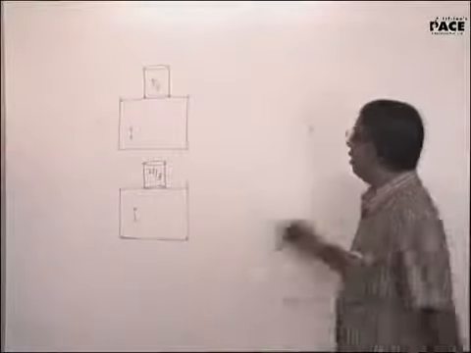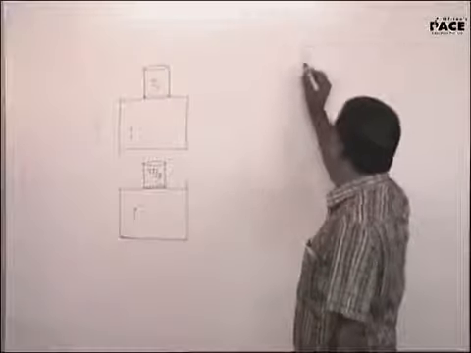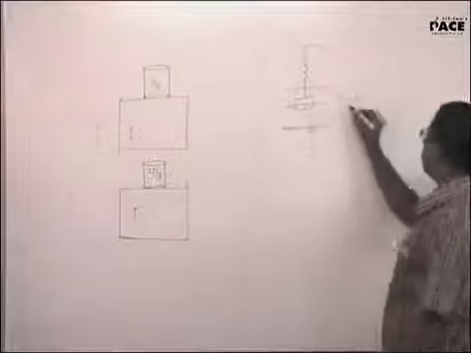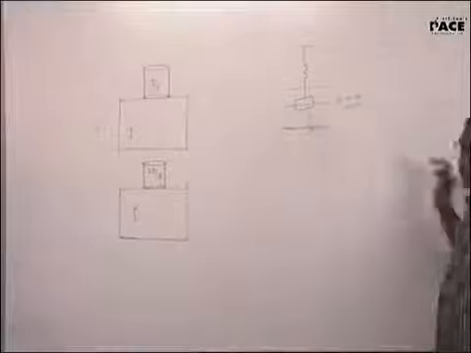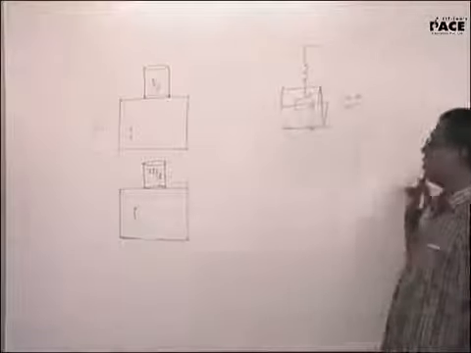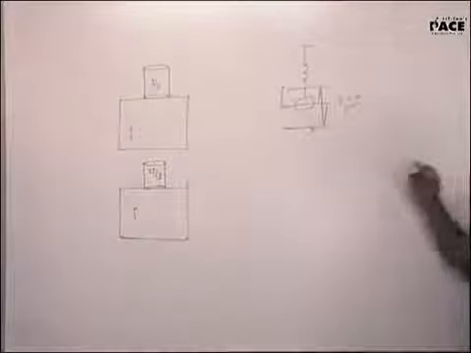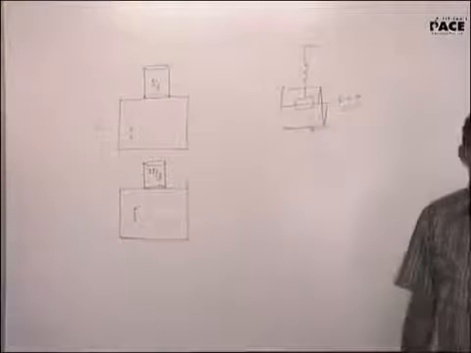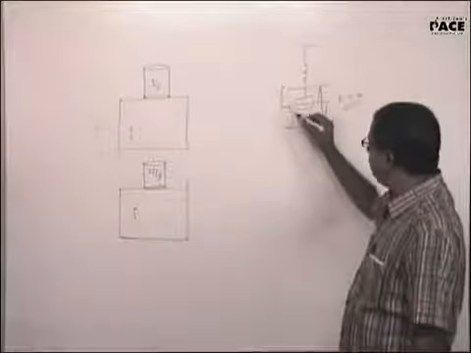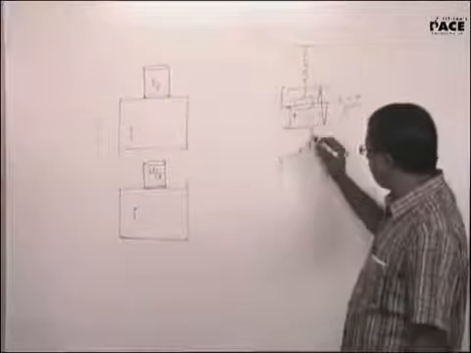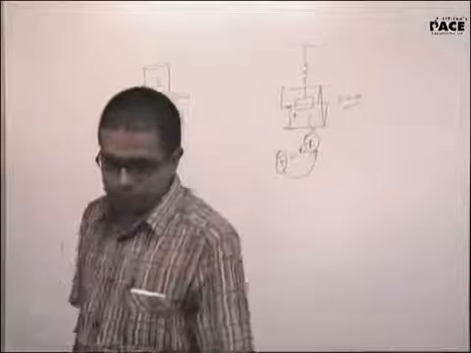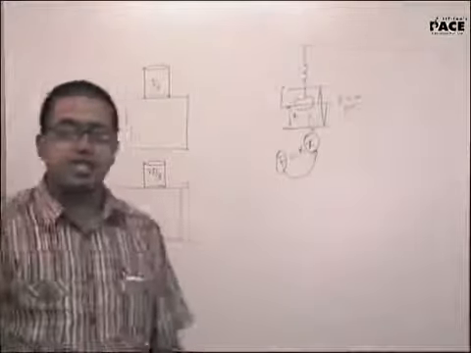Listen, when do you think the net total force on the system is zero? See, suppose this is a spring mass system. Now here it is in equilibrium. Net total force is 0. From here it will be going up and below this. This will be the amplitude of the oscillation. So from the equilibrium position, net total force is 0. From the equilibrium position, whatever is the additional displacement x, the restoring force should be kx. It should be directly proportional to that displacement from the equilibrium position. Then alone I can call it an SHM.